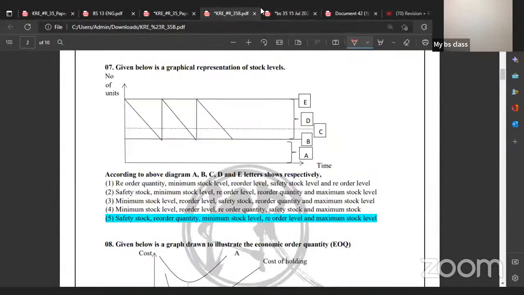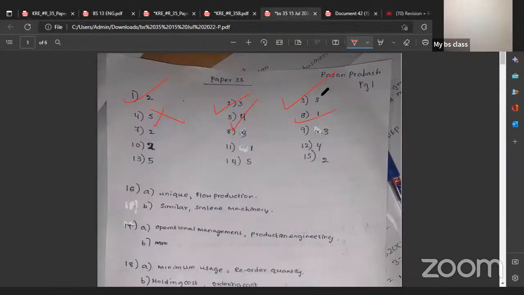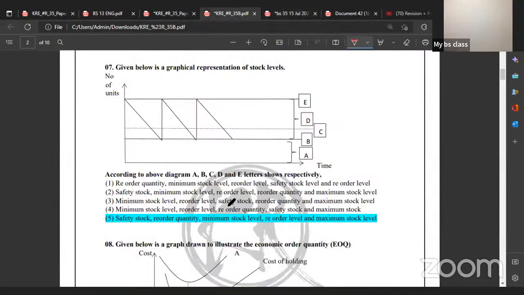Question number 6, correct answer 1. Question number 7, 2, right? Now, why is the answer 5 here? Why is the answer 5? Now, if we compare these two, okay, safety stock. Okay, so you are saying B